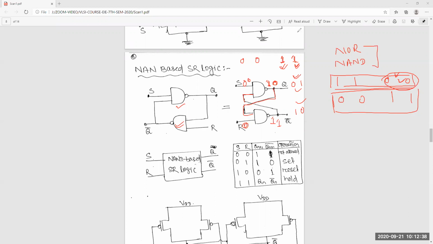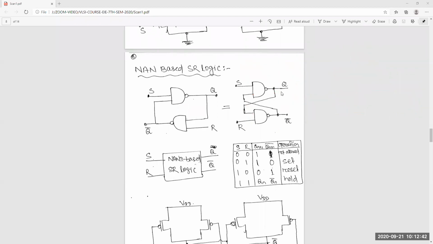Another disadvantage of this latch is that there is no enable control. Directly we are changing this value, but it's not synchronized. Not synchronized means there is no clock from where it will start.